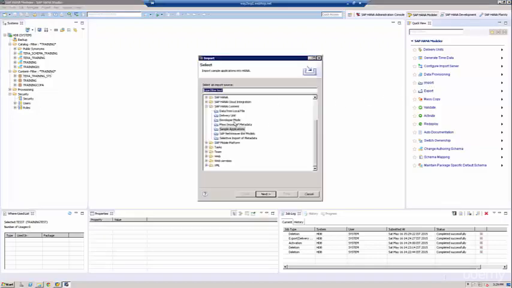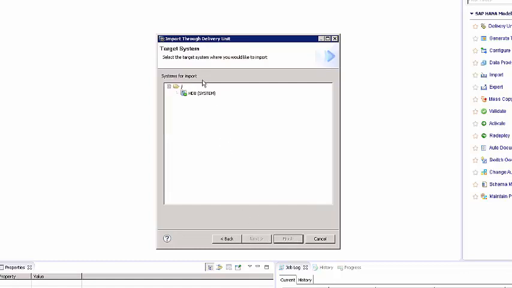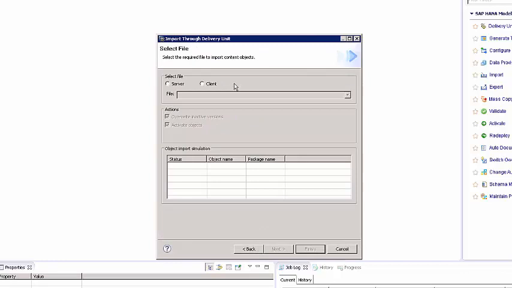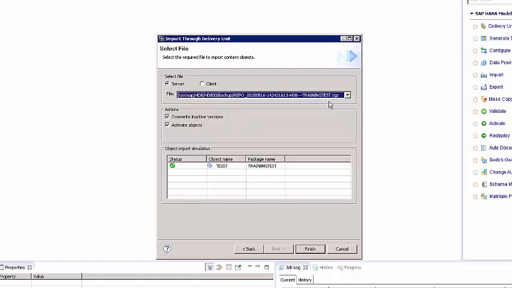We're going to click on import, and then you have a lot of options in the SAP HANA content. We'll go with the delivery unit because that's what we have exported. So you say next, you select your system, and you say next. Now you need to choose where your package is. Our package is on the server. So I click on server, and if you see here, the first package is training test. So you select it, and you see that we have one object. You can choose to override, and you can choose to activate the objects. We'll say finish,